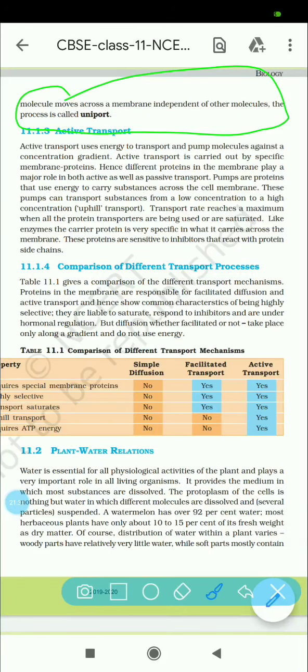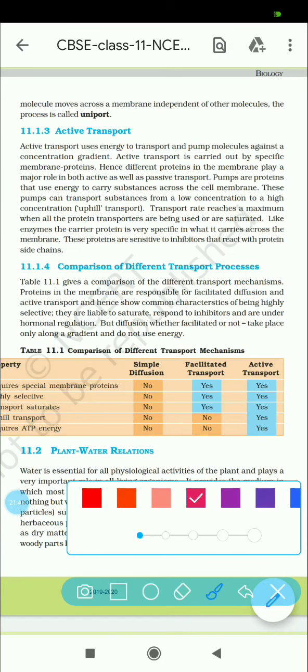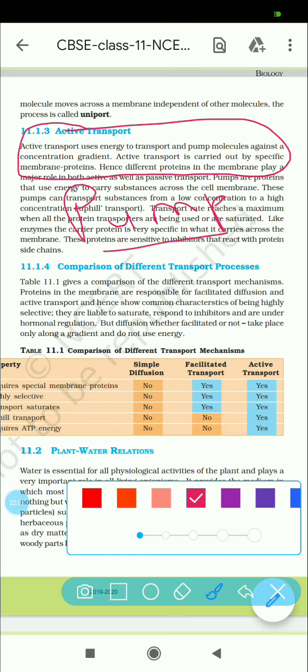Now we are discussing in the last part of the lecture the active transport. Active transport is based on energy, and it is against the concentration gradient. So pumping is done against the concentration gradient. We also have different proteins which play a role in active transport. There are some proteins which play a role in both sorts of transport. For this purpose mainly we have pumps. If you remember the ionic pumps which we discussed in the nervous system,